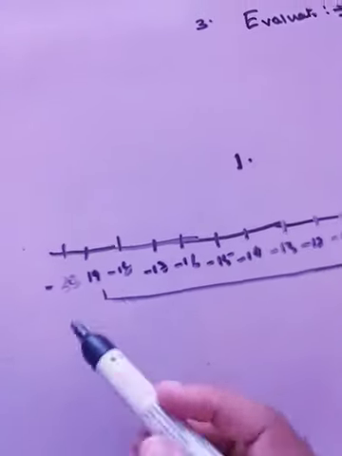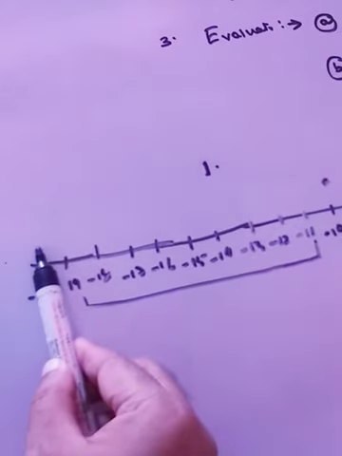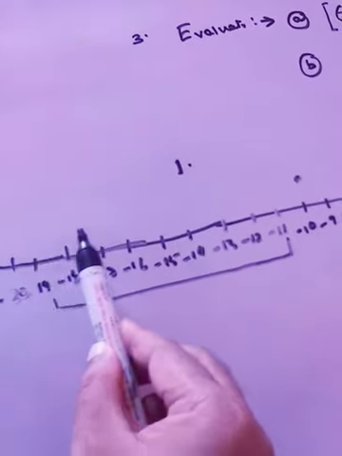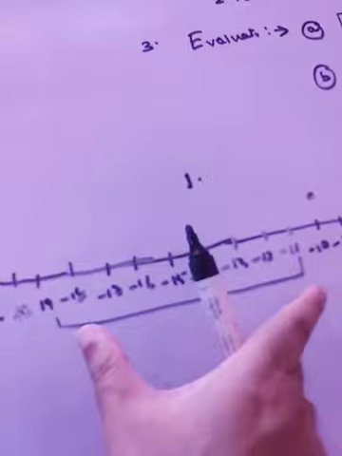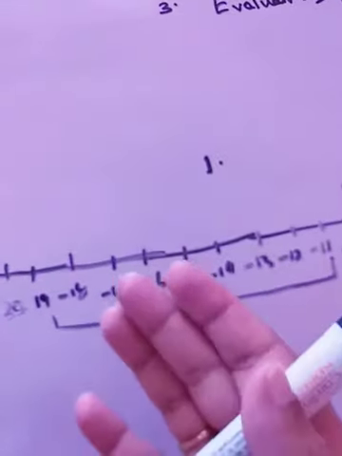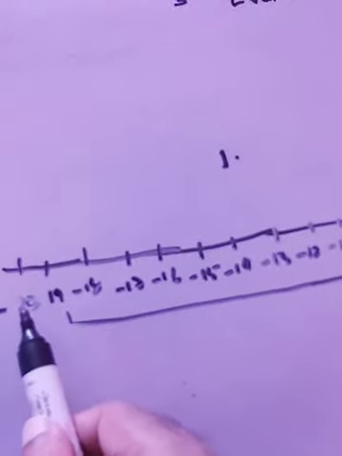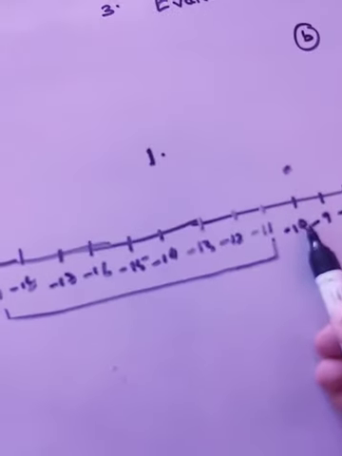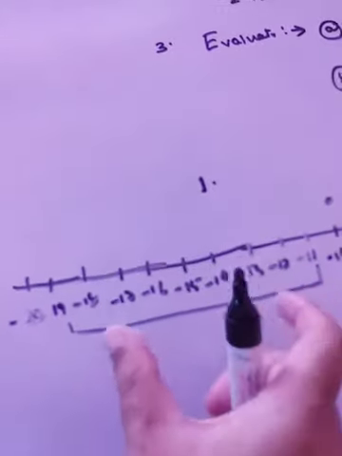If you are standing here and you need to see which numbers are greater than minus 20, then all the numbers on the right hand side of minus 20 are greater numbers. But because I have given the range, I have not said that you have to write 5 integers which are greater than minus 20 only, but that the number has to be greater than minus 20 but less than minus 10. So the range is this. Out of this range you have to select any 5 numbers.